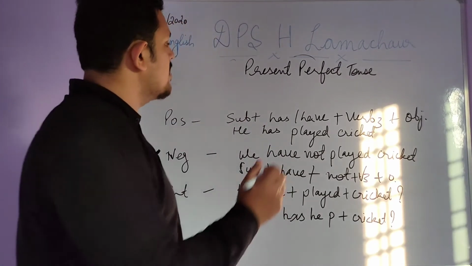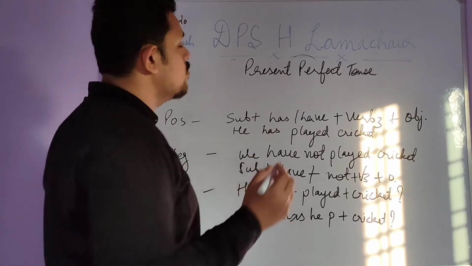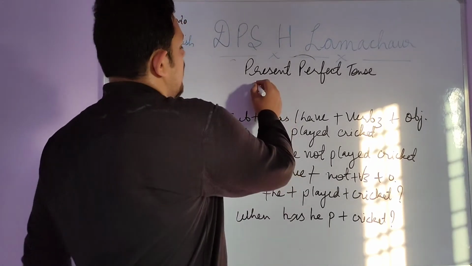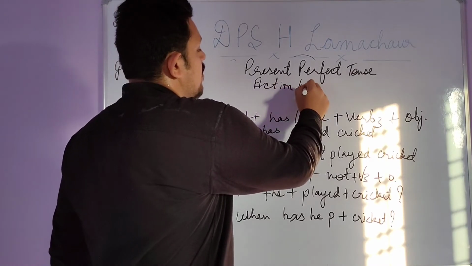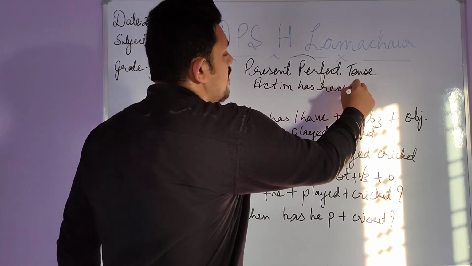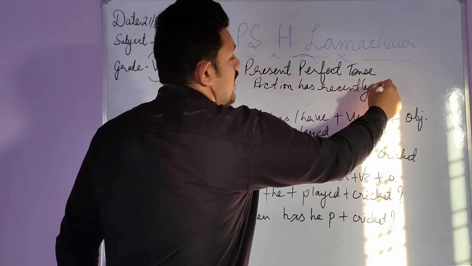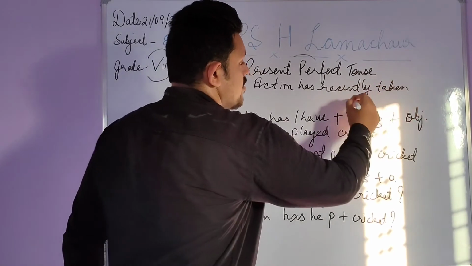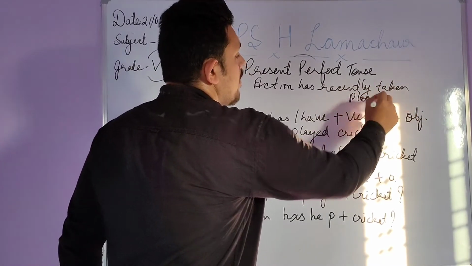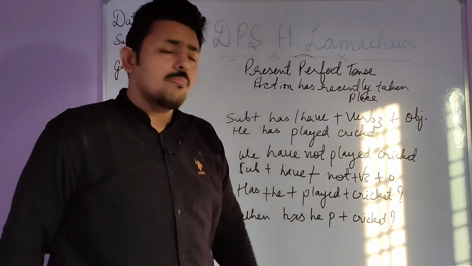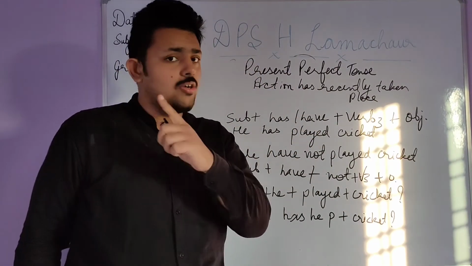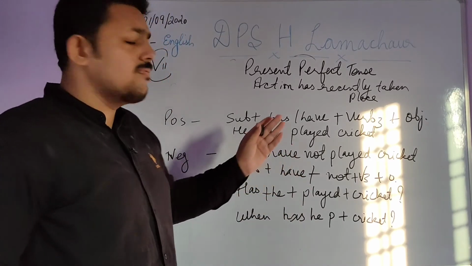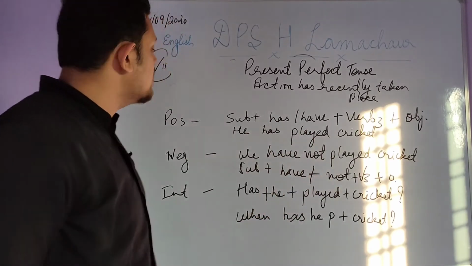So that means, the tense we use in the situation where the action has recently taken place. Okay, the action has recently taken place. Recently taken place, that means it is over. So is it past? No. So we will see how the sentences are framed.